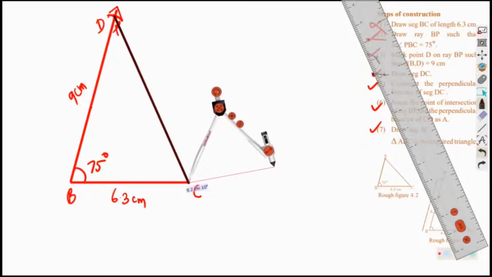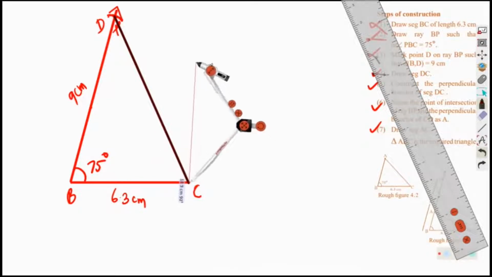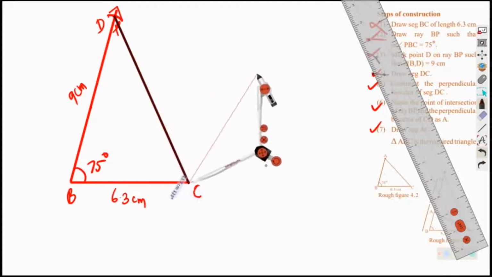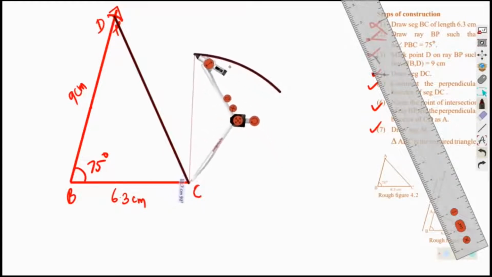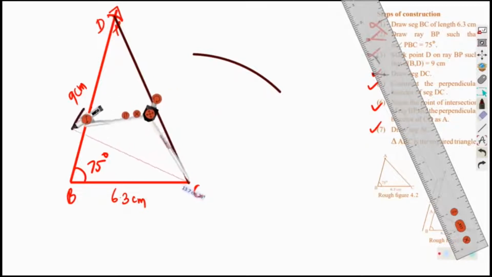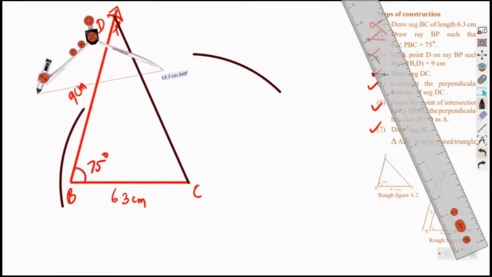For that I need compass again. I will put it here more than half of the size, and I have to expand it for that purpose. Okay, I will just expand it. Good. And then I will mark an arc over both sides. I think it is better to mark here, and then you will be marking on the other side. Two arcs will be made from two ends of the segment so that we get the perpendicular bisector of the line segment which we have just drawn.